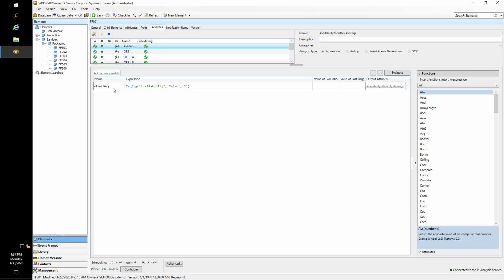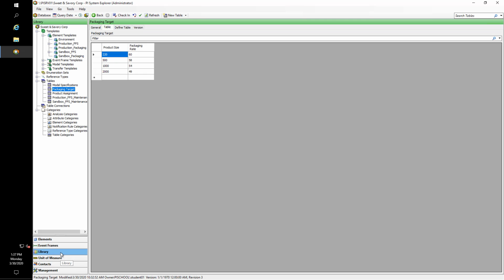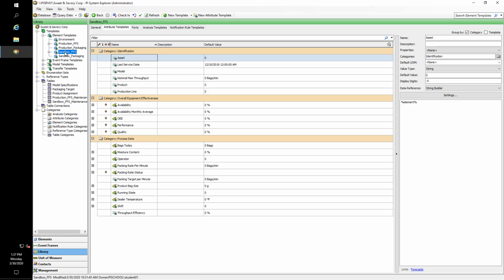Now, in order to change this, we can go across and change the scheduling of this calculation. We can head across to our library, have a look at the Sandbox FFS template, and go to our analyses templates.